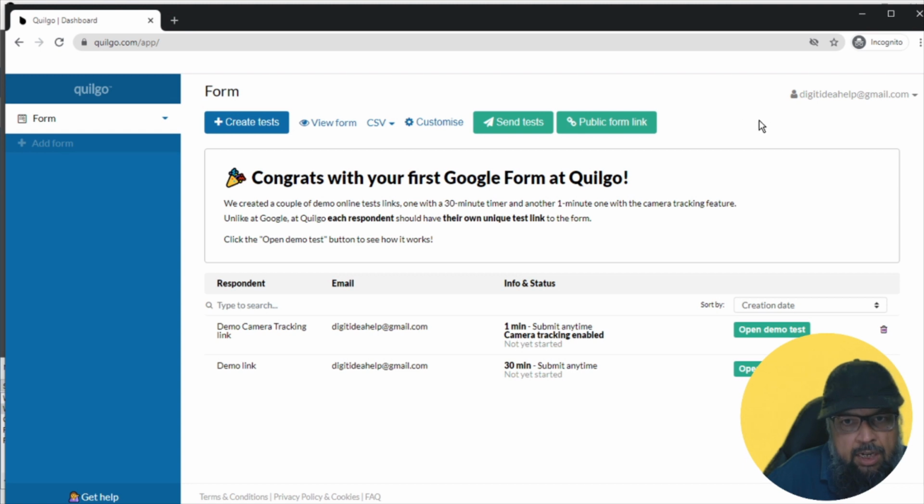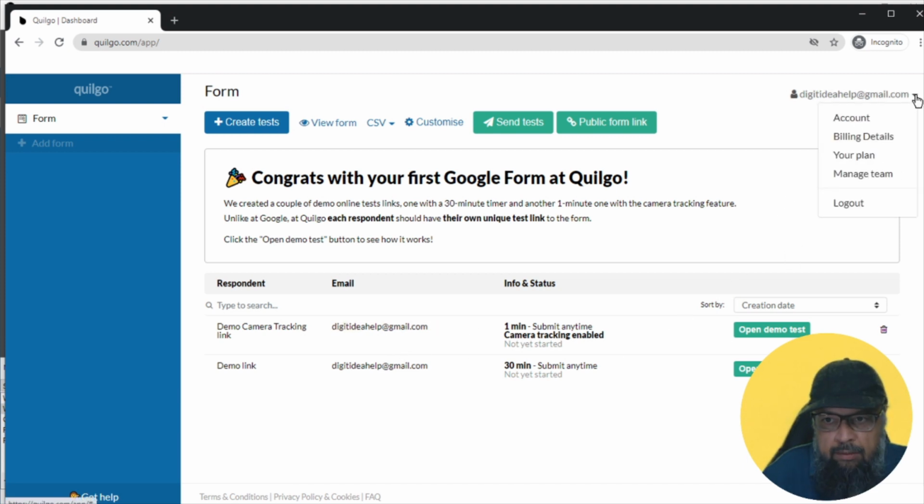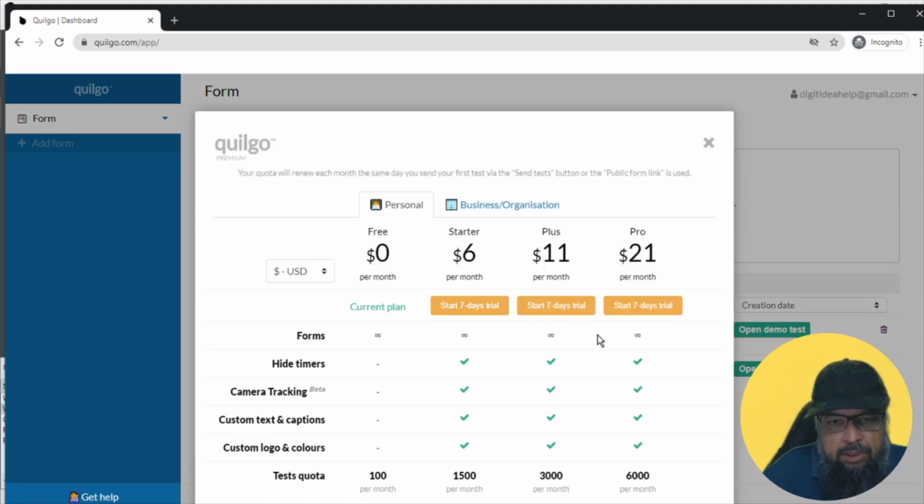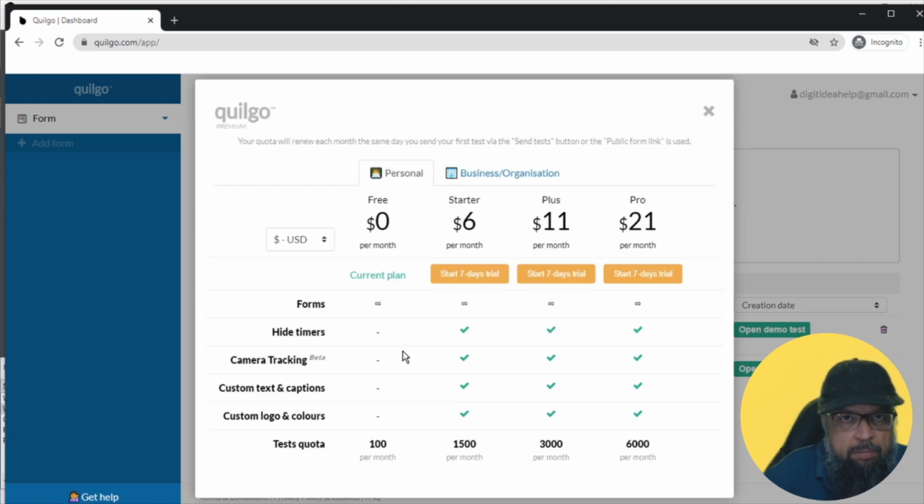Now the first time you create a Quilgo account, you will get a demonstration of camera tracking, because this is what you get in their paid plan, and I will demonstrate this camera tracking in a minute. But before that, if you want to have a look at their plans, these are their personal plans. I am on the free plan, and you only get a timer in the free plan. Camera tracking and other features are only available in paid plan, but we have a demonstration